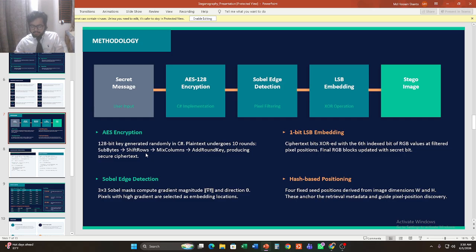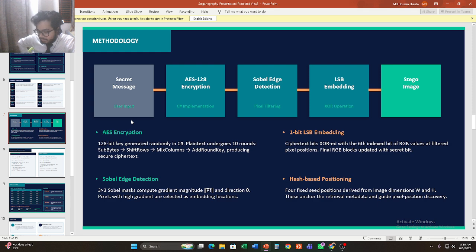The gradient magnitude formula is ∇f equals the square root of (∂f/∂x) squared plus (∂f/∂y) squared. Then we get the ∇f. Pixels with a high gradient magnitude correspond to edges, transitions from light to dark regions.